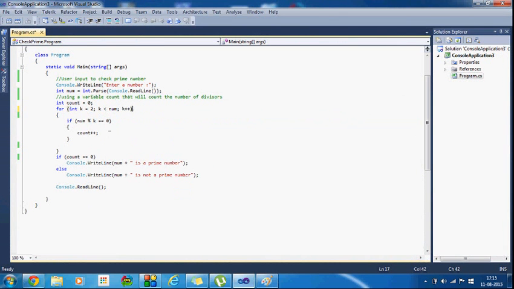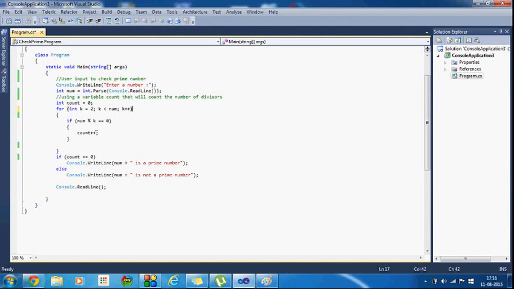So I have taken k equal to 2 and k smaller than num. If num equal to 11, the maximum value of k will be 10. If num equal to, suppose, 15, the maximum value of k is 14.